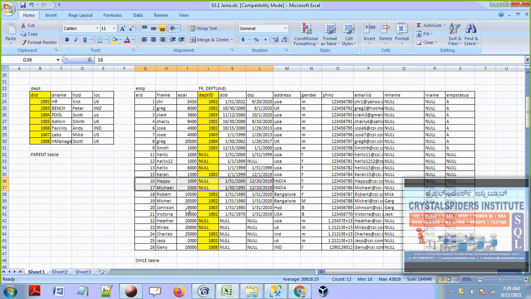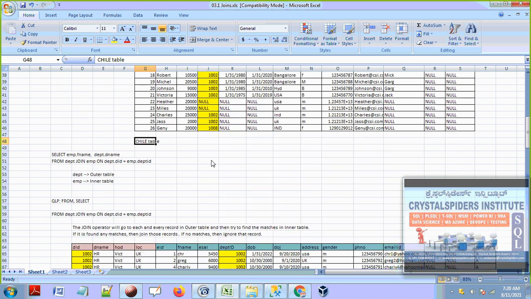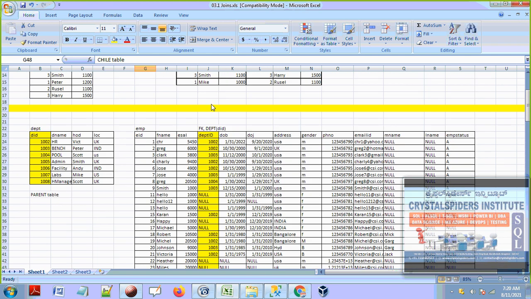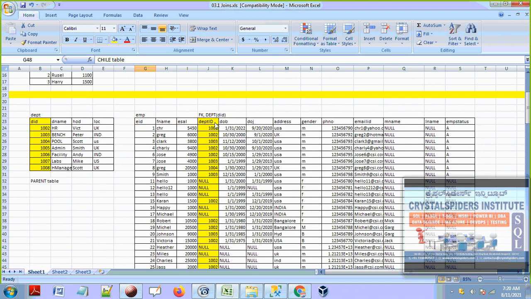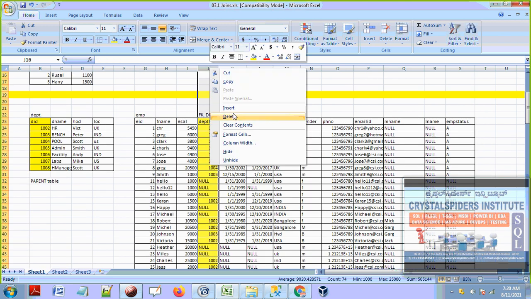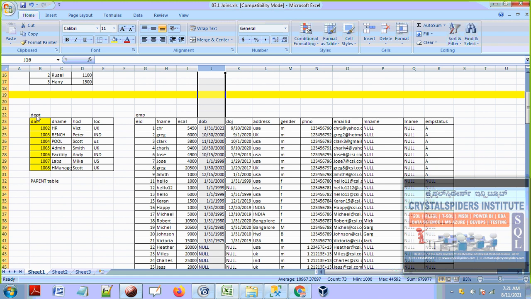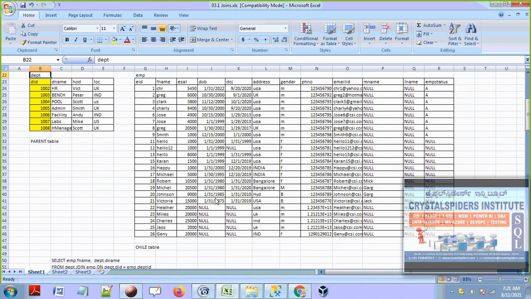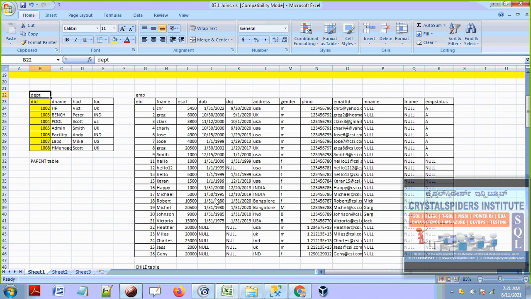Just ignore. Guys, see here, in this case, we are going to join 2 tables where one table is a parent table and another table is a child table. Those tables should be in a relationship, guys. Otherwise, we can't join. Let's see this. Let's assume, guys, for suppose I don't have this DEPT ID column. I don't have this column. Can you join this DEPT table and employee table? How can I join? I can't join. No, we can't join because there is no relationship now.